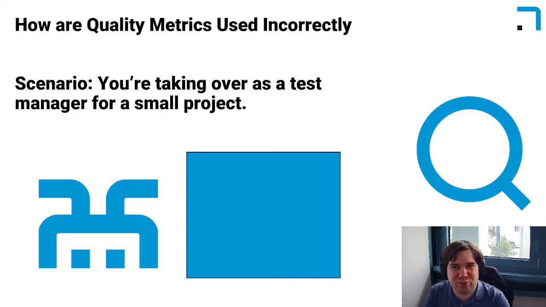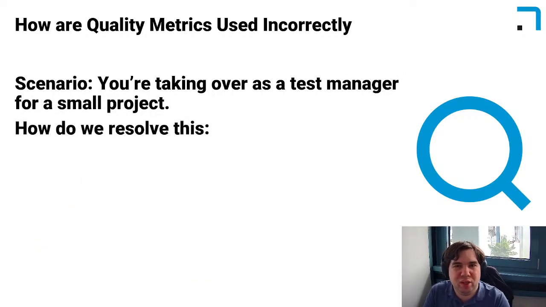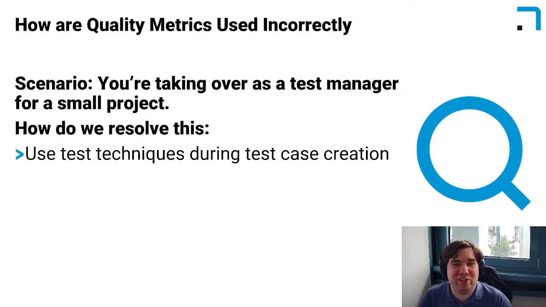So, how do we resolve this? How do we bring in some new quality metrics that can resolve this issue? Well, I think the best way that we can resolve this is let's look at building some new tests. And let's look at using some proper test techniques during test creation. Let's not build tests to just pass. Let's build tests using some black box testing techniques, like boundary value analysis or